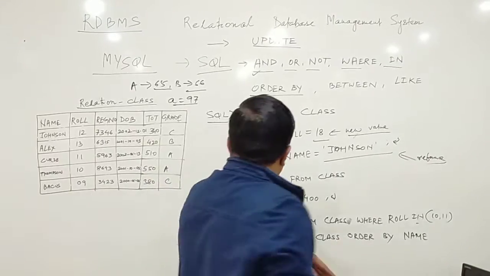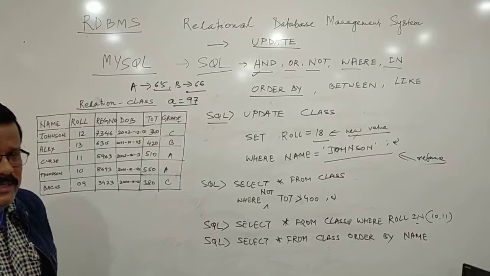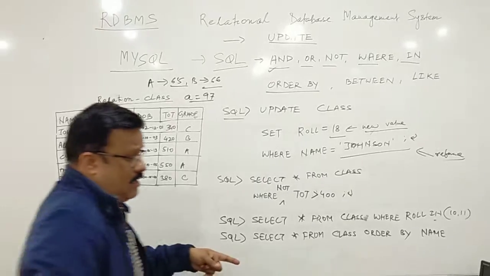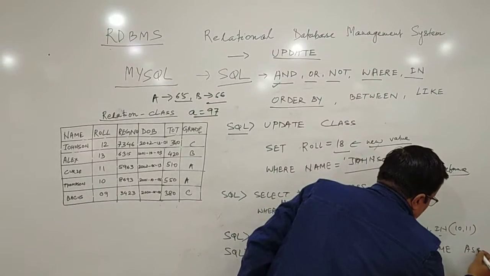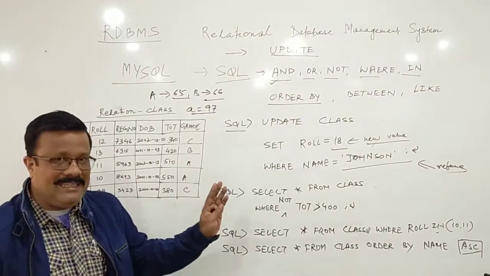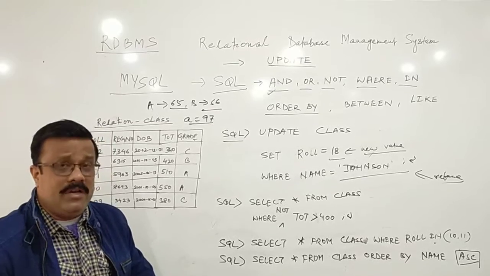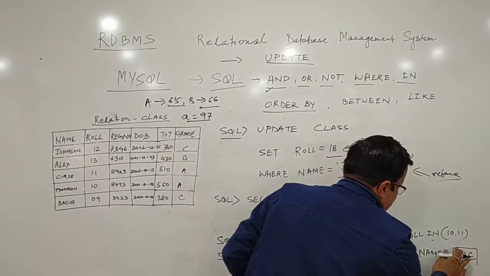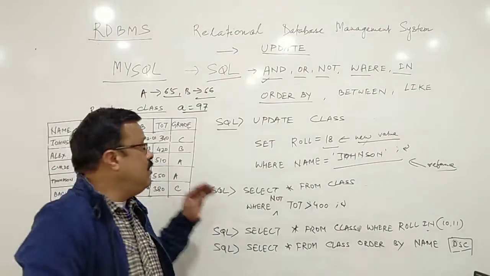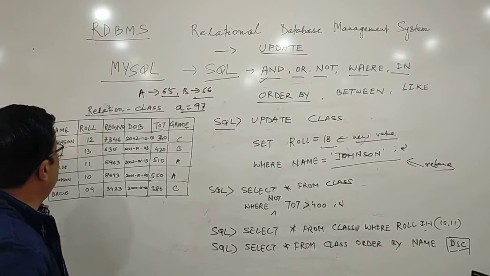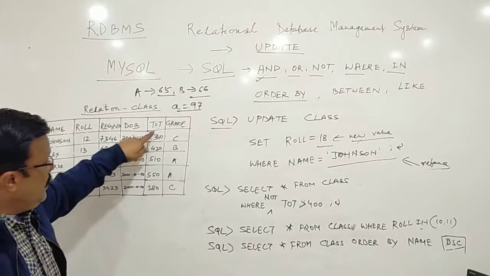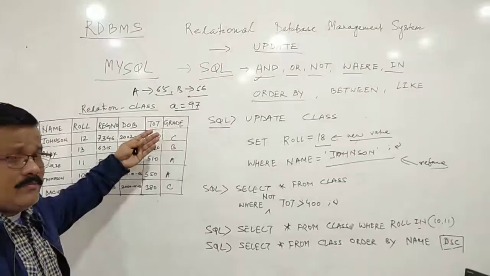We can put here the name column or any other column, like date of birth, total, grade, whatever it is. By default it will display the records in ascending order. We can write ASC here, but this is not mandatory, it is optional. Whether you write ASC for ascending or not doesn't matter. But if I want to display it in descending order, we have to write DESC. So it will display your records in descending order, which means Z will come first. If I sort on numeric values, the lowest will come in the beginning.